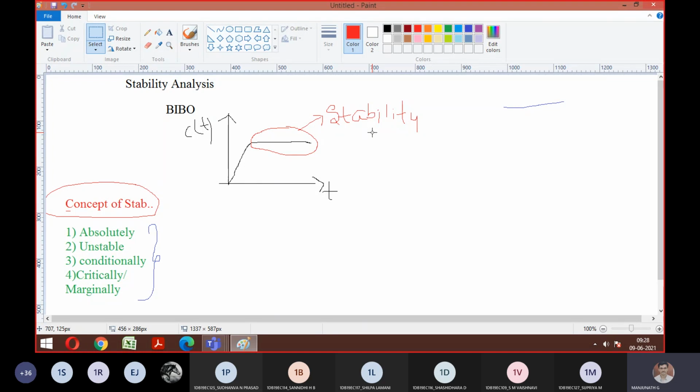Absolutely stable means what? If infinite force is required to take out the object, I repeat, if infinite force. Whatever we are discussing now, they may ask you to define or explain. That time you define this and write the waveform representation. That is enough for you to get 2 marks. Each carries 2 marks. So just have an analysis, guys. Write: if the infinite force is required to take out the object from the container.